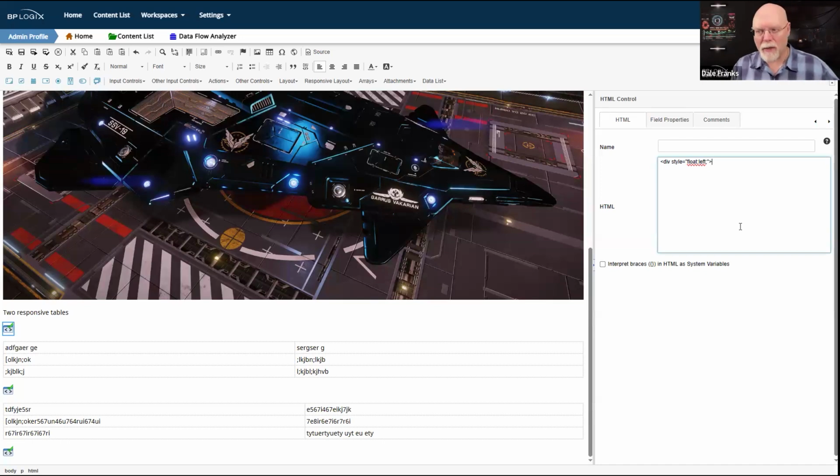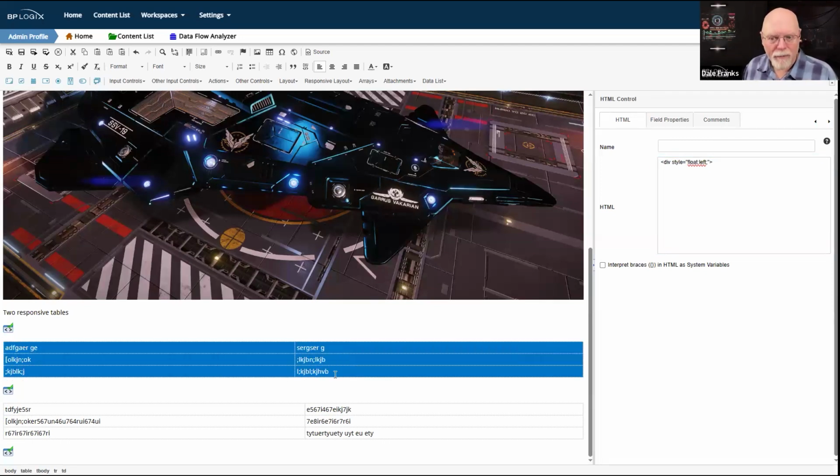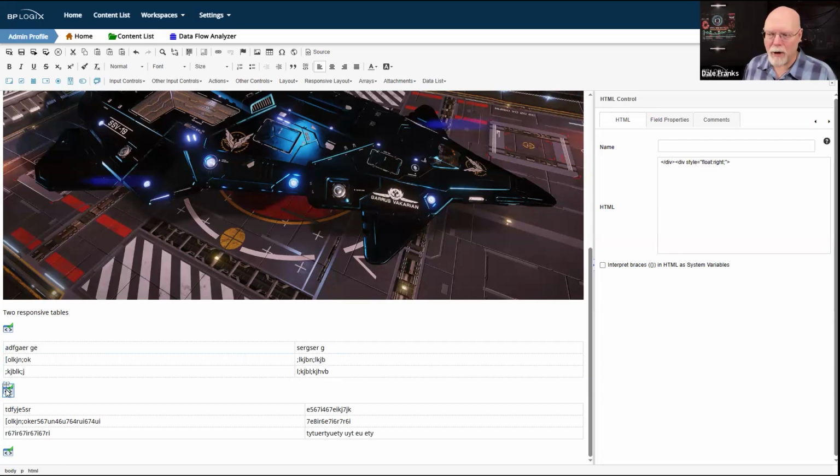This will always be on the left-hand margin of the page, this div tag. And this div tag contains this entire table. And then I've got a second HTML control. And this HTML control says, okay, I'm going to end the first div tag. So I have a start now and an end for this very first division on the form.